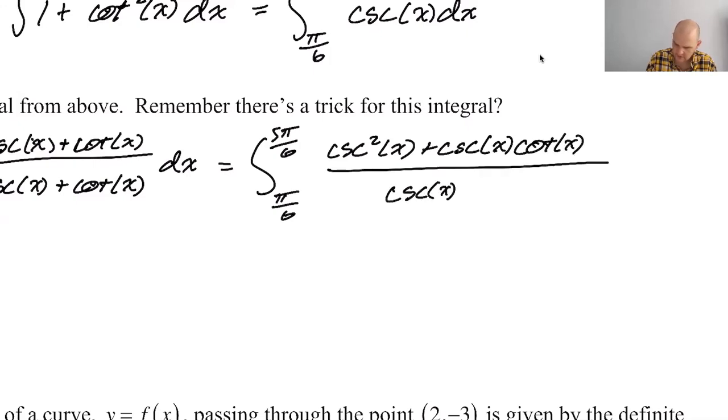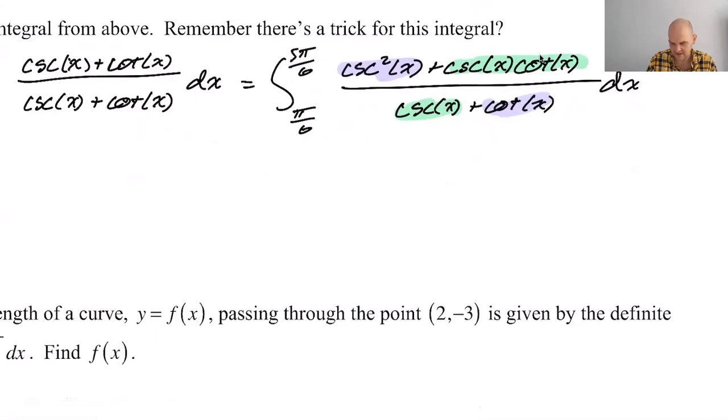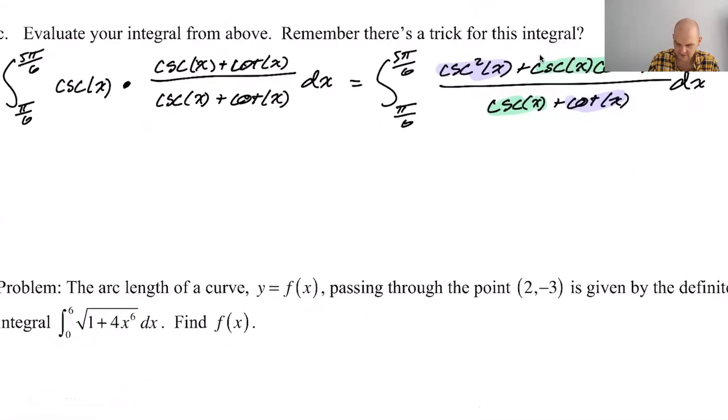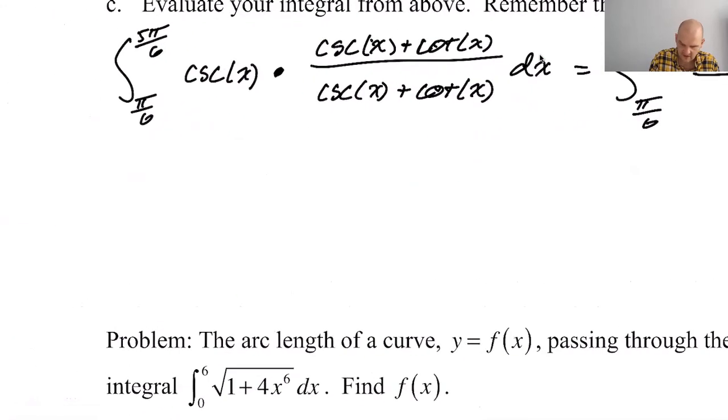All right, so the derivative of cosecant is negative cosecant cotan, but there's no negative sign. And the derivative of cotan is negative cosecant squared, but there's no negative sign. So we have to put in a negative, which is what I was planning on doing at the beginning, but then chickened out on. So this whole thing will be the negative natural log of the absolute value of cosecant plus cotan